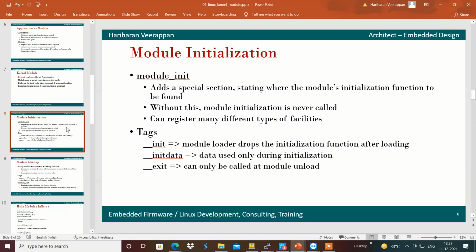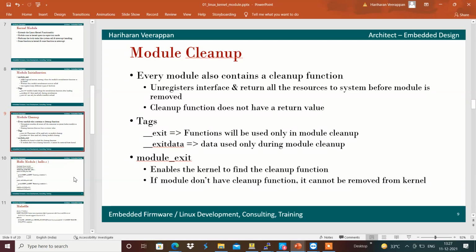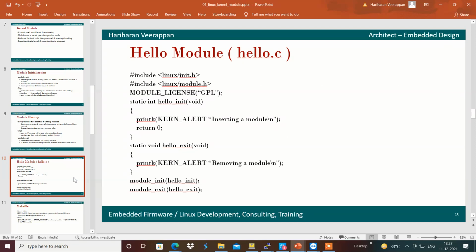Without this, module initialization will not be done. In order to clean up the module, we have the module_exit function. We will see how we can create a hello driver module and how we can insert it.